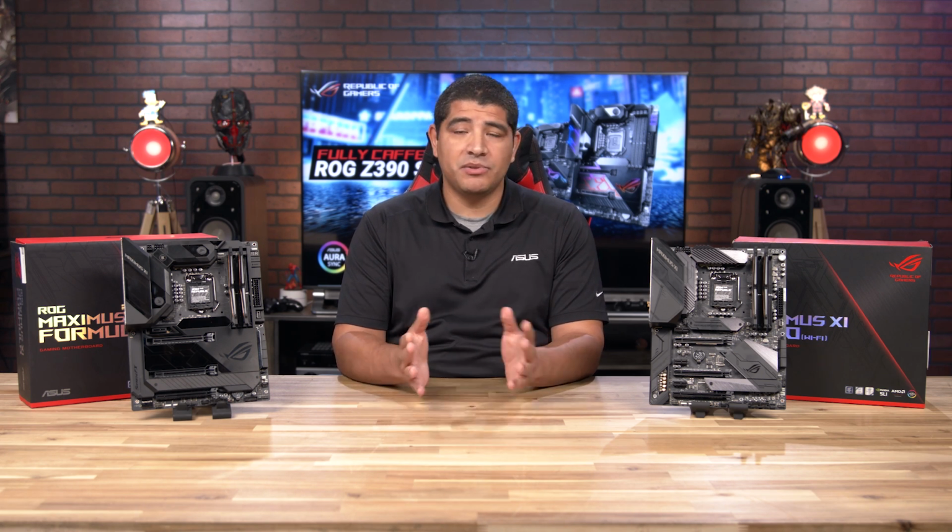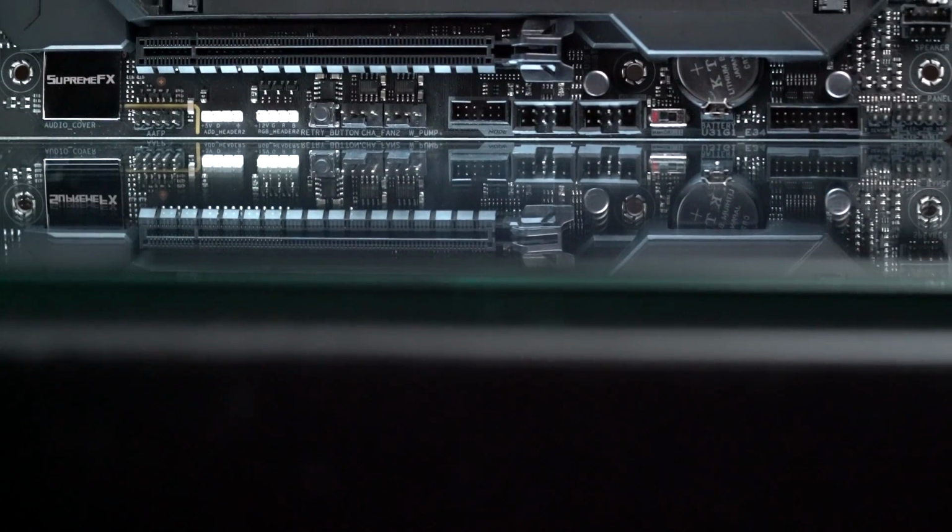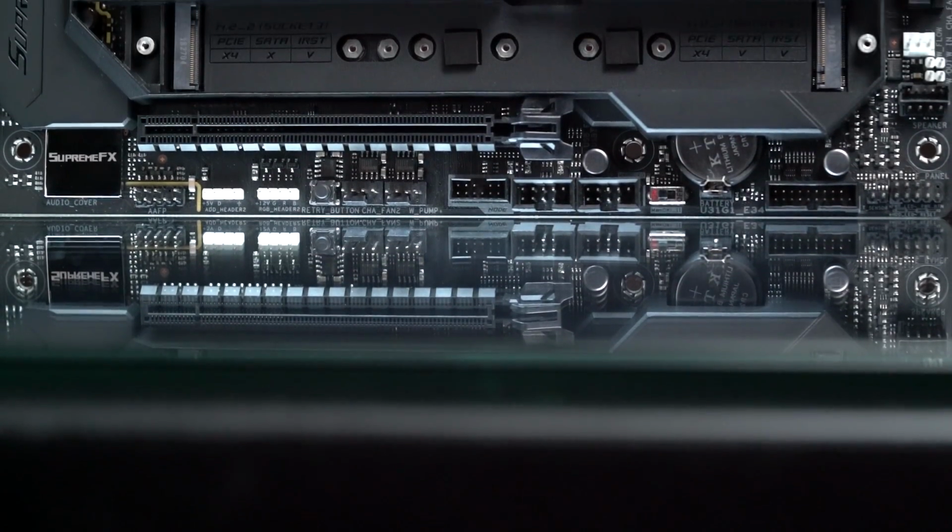So first and foremost, for the headers that are on the motherboards, there's tons of them. So you can make sure to go ahead and have your intake fans, your exhaust fans, your group fans for radiators, whatever it might be, you're going to get covered. More importantly though is going to be that these actual headers fully support 3-pin as well as 4-pin based fans,